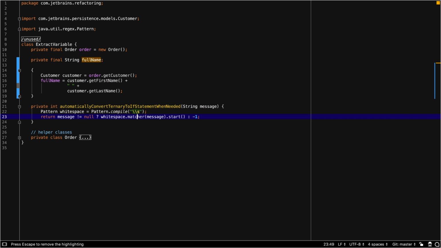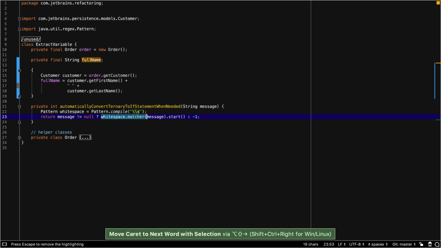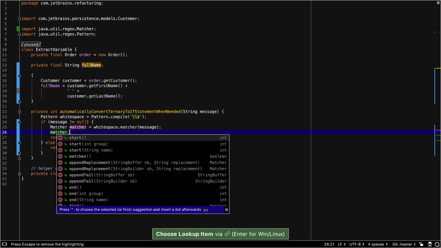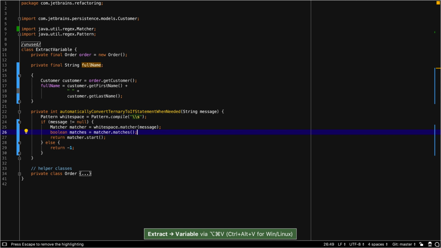Another case where extract variable has been improved is within ternary operators. When we extract a variable inside a branch of the ternary operator, it is automatically converted into an if statement to keep the variable local to the relevant context. This is particularly useful if we wish to perform further operations upon the variable and want to keep them within